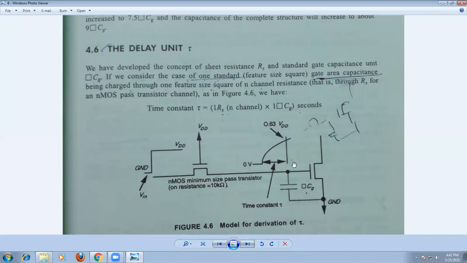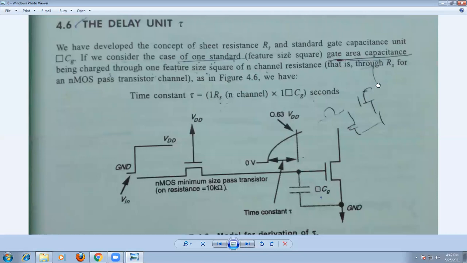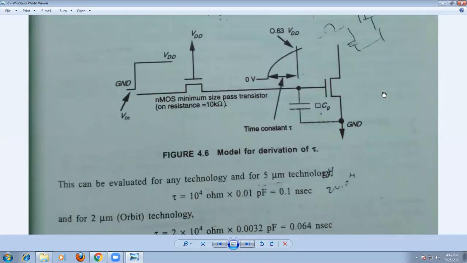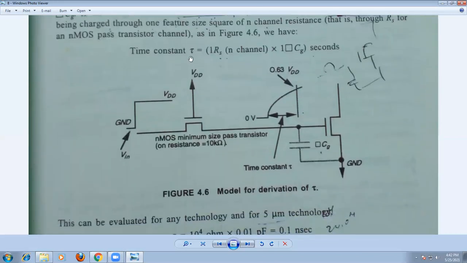Just remember that point. Assume that this value is approximately equal to the VDD level. So that signal is given to this one here, the capacitor transistor, and depending upon the magnitude it will change. Now our main aim in this case is how to calculate the delay for this 5 micrometer technology. From this figure, we can identify that the time constant is given by tau is equal to Ron into gate capacitance. Here Ron, because it is the minimum size transistor, is 1 into RS. Minimum size transistor means Z pull up to Z pull down, that is the length to width ratio of the transistor is 1.